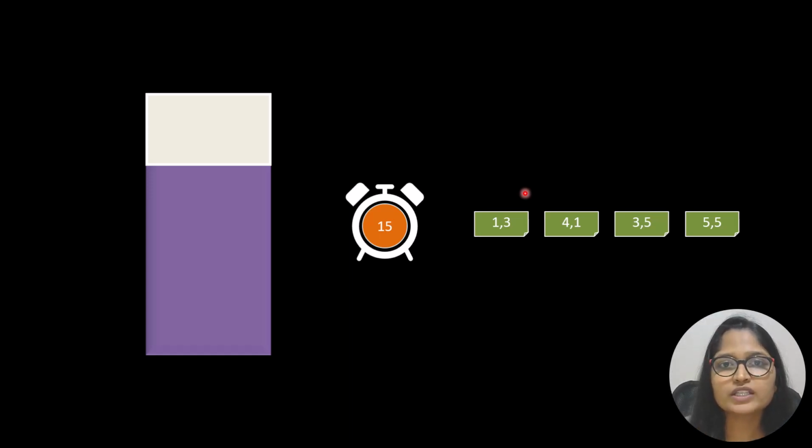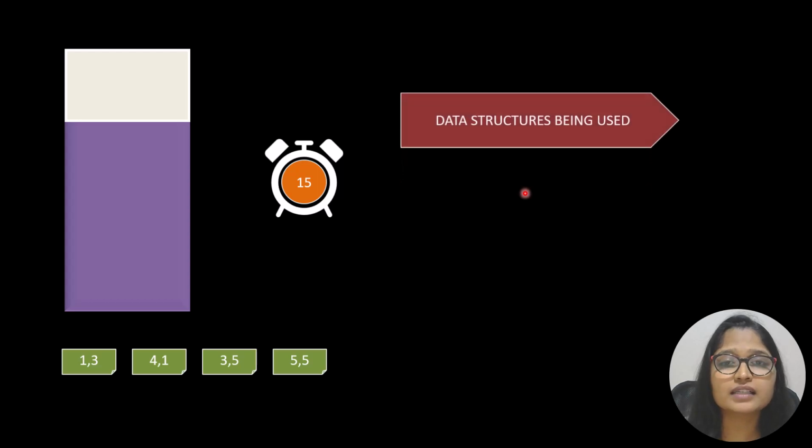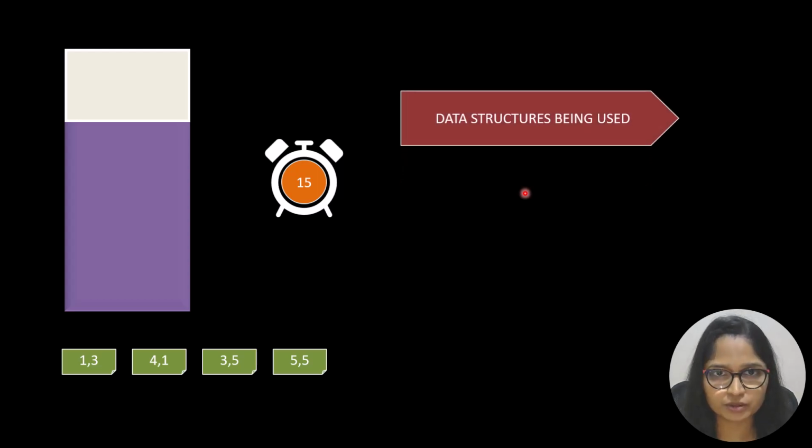So now the question that we need to ask ourselves is, what are the data structures that are going to fulfill our need in order to solve this question? Before that, just for simplicity, we excluded the index part from this demonstration. So we need to even take care of that while we are choosing the data structures of how we are going to store these tasks